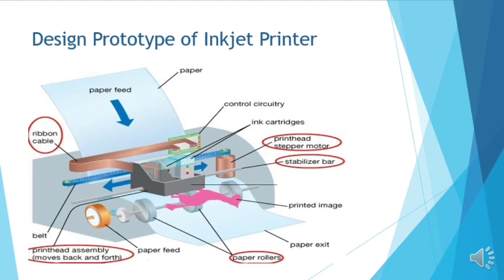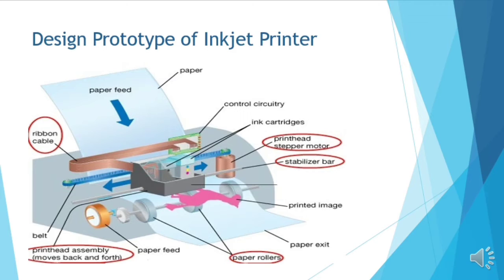The first one is the print head assembly, and the second one is the paper feed assembly, where the print head assembly consists of print head, ink cartridge,